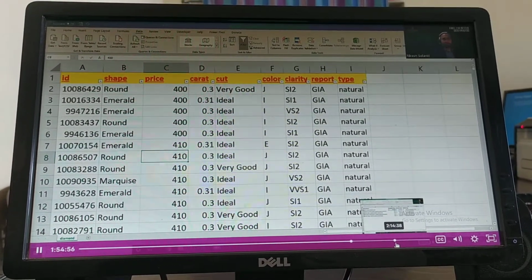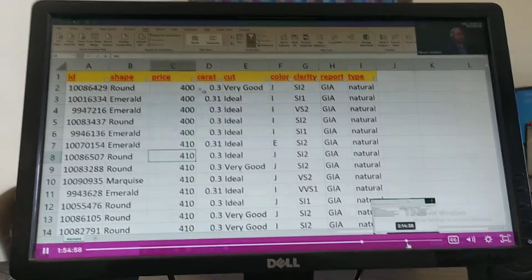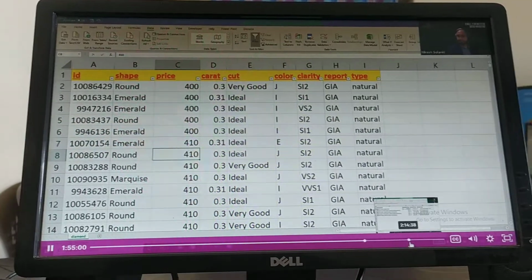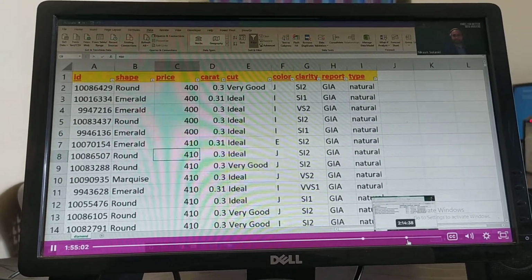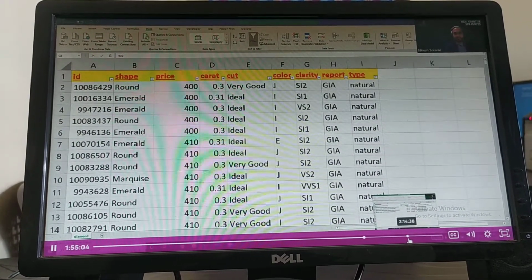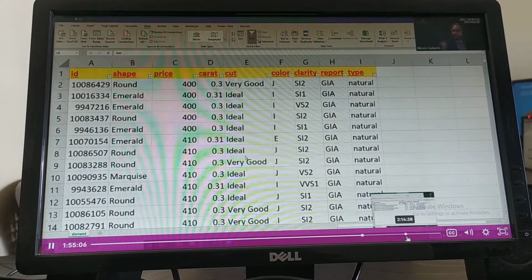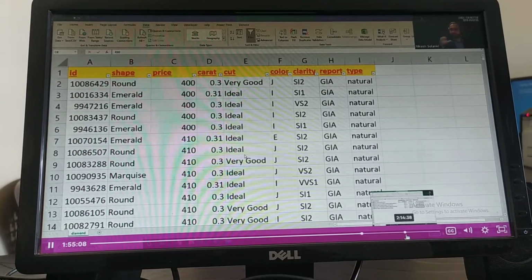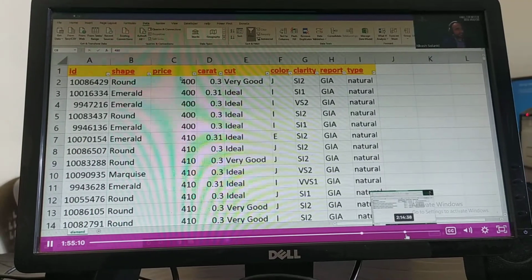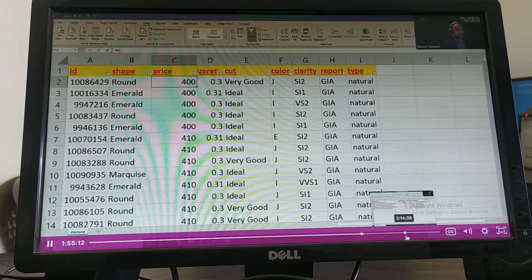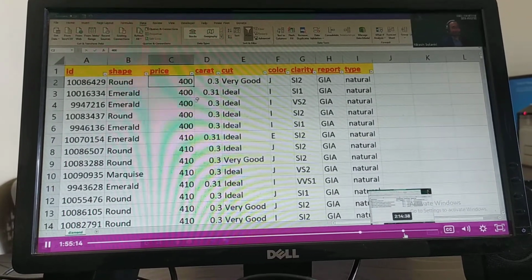So who's going to help me convert these prices into INR? It's a simple formula that we need to apply. Nalini, it's a very simple formula we have to use, no rocket science. Yeah. I want to convert these US dollars into INR. Can you tell me step by step what I need to do?